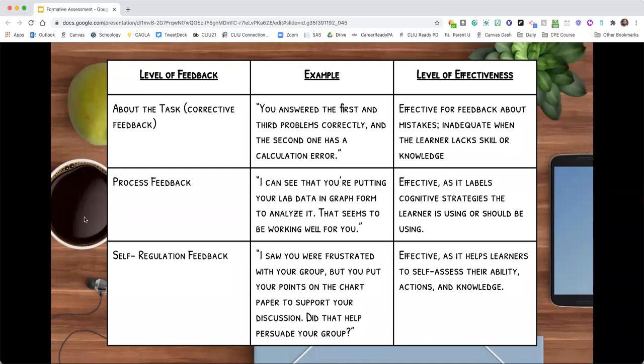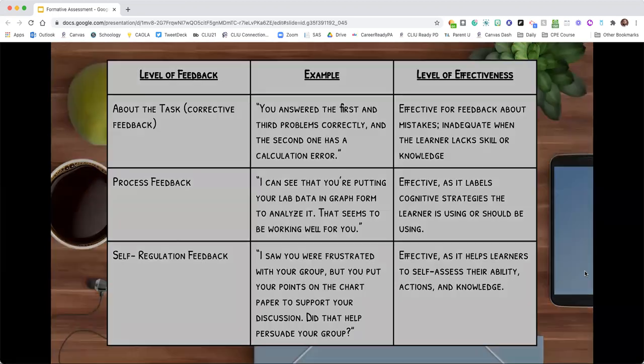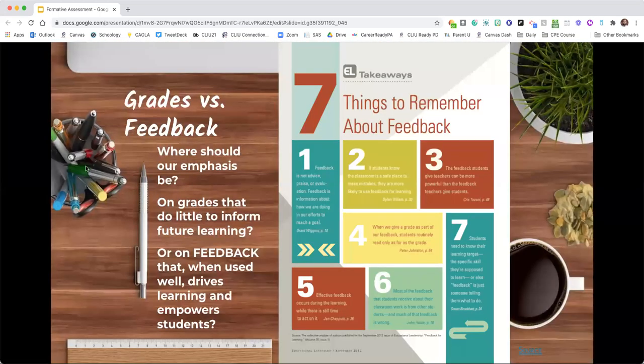Here, I won't read to you the levels of feedback, the examples, and levels of effectiveness, but if you want to take a few seconds here, there are a few different types of feedback: corrective feedback, process feedback, and self-regulation feedback. If you'd like to pause here and take a look, you may. I love these